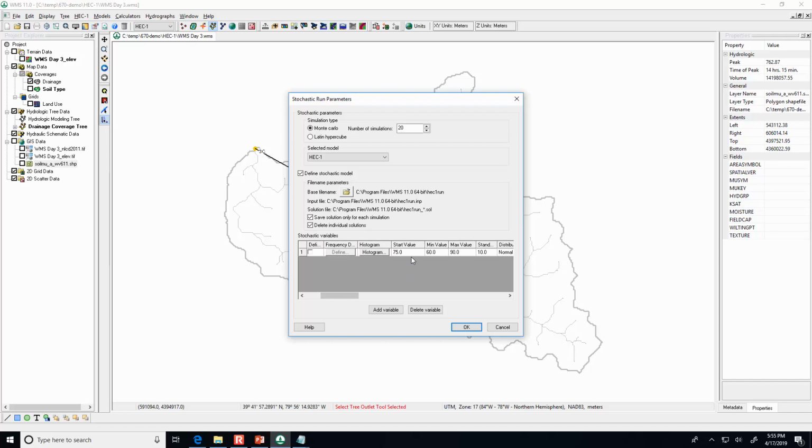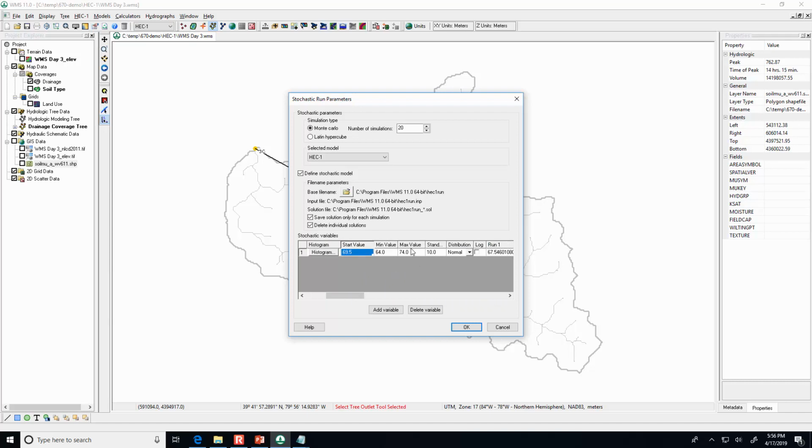That's probably a little bit wider than we'd want, and the values aren't quite right either. Since our calculation was 69.5, let's have the start value be 69.5, the lowest we'd expect maybe 64, and the highest maybe 74.